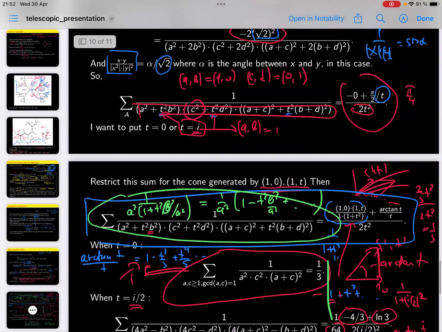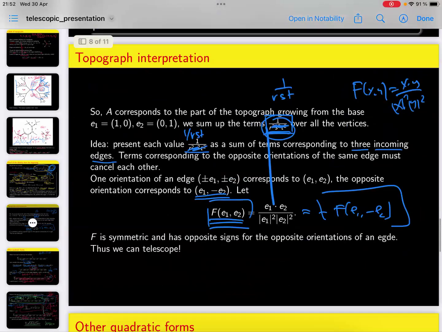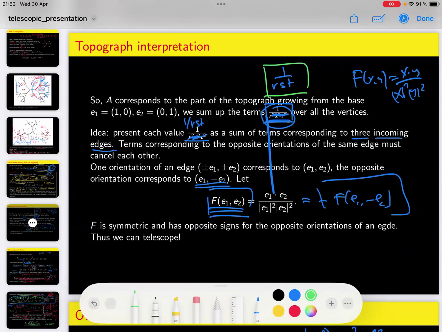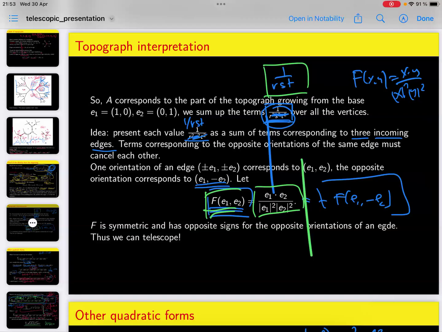You see, why do all these things work perfectly? Because the same telescopic summation works. On the topograph, when you want to consider a sum of like 1 over RST, you can just define something in terms of a bilinear form, because here E1 times E2 is just a bilinear form of E1, E2. And then everything cancels and everything is good. But if you have another norm which does not come from a quadratic form, then I don't know what to put on the edges to make telescoping work. Because this is how I found such a formula. First I put something which telescopes, and then you try different things for f, such that